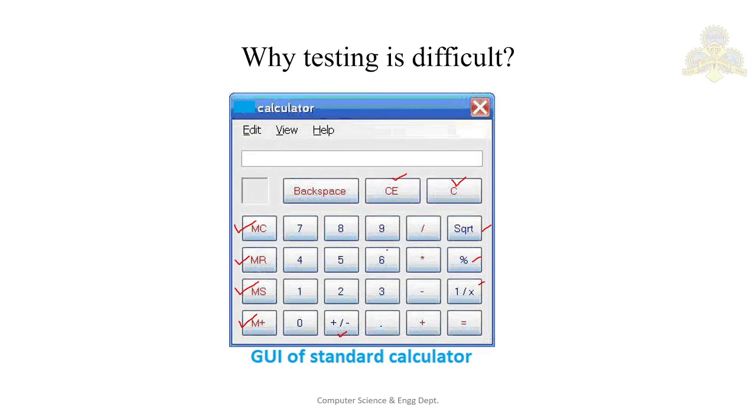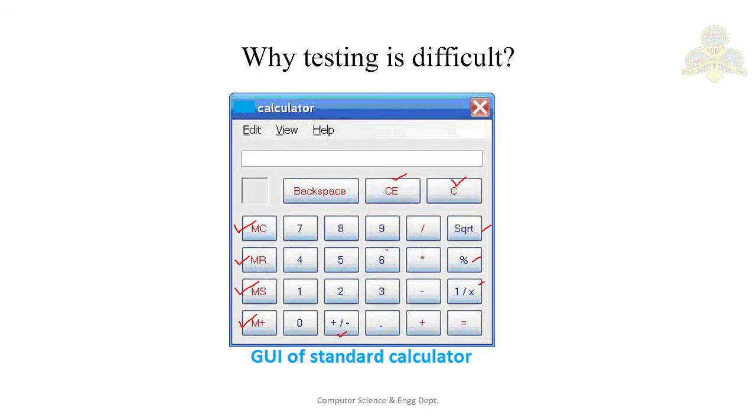Now suppose you want to test this calculator to see whether it is working fine or not. How do you test this? In your system you have this standard calculator, right? How do you test it? You test the addition of two numbers or three numbers, floating point numbers, large numbers, then you check whether the results are okay or not. Then you do the subtraction and this continues, right? So you test all the arithmetic functions here.